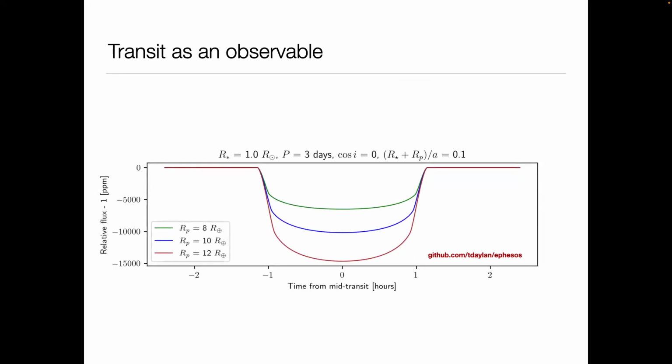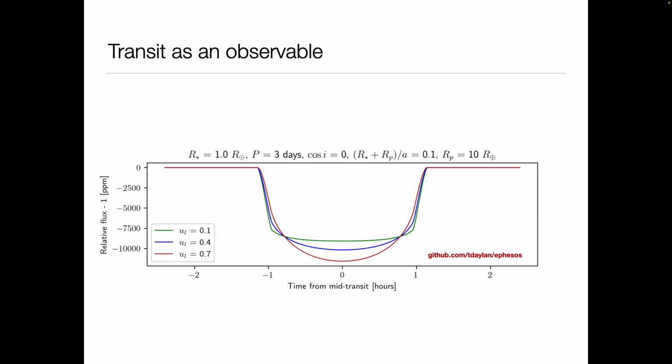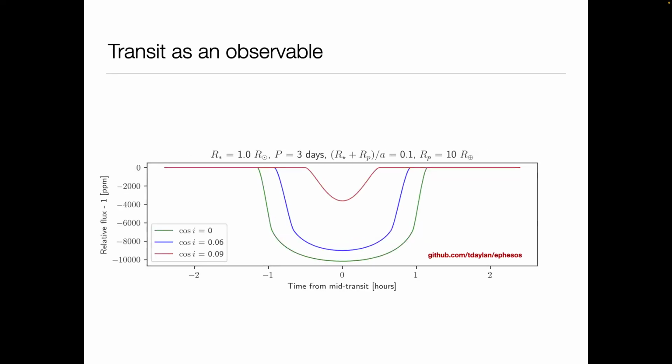I forgot a couple of other things just to highlight. Again, not basic material, but this is basically showing you how the transit depth changes if you change the radius of the planet. This is now showing you how the transit shape changes when you change the so-called amount of limb darkening. Green here is the one with the least amount of limb darkening. And this actually depends on the band with which you make the measurement.